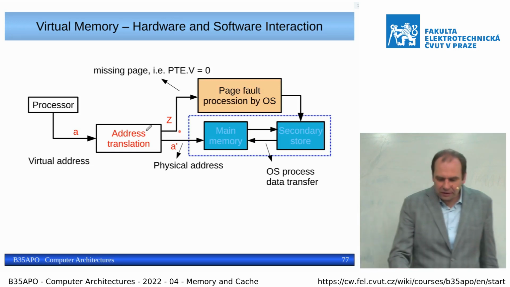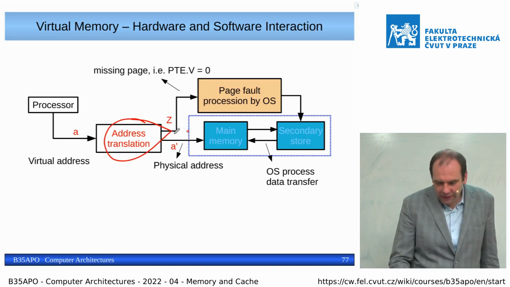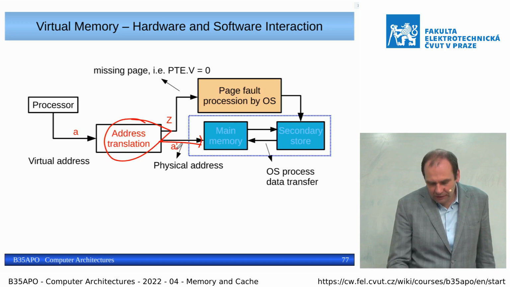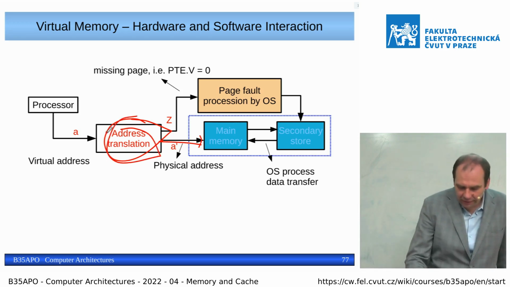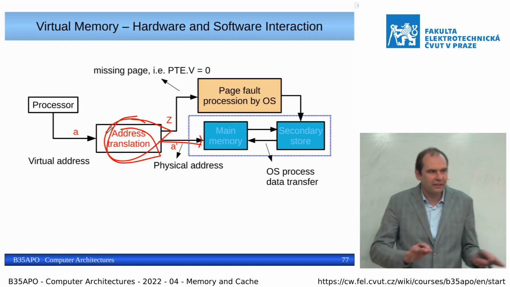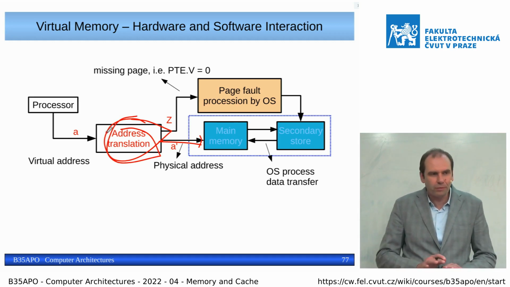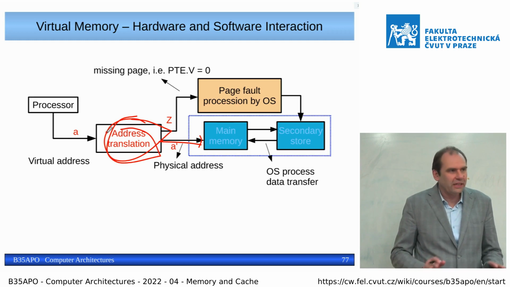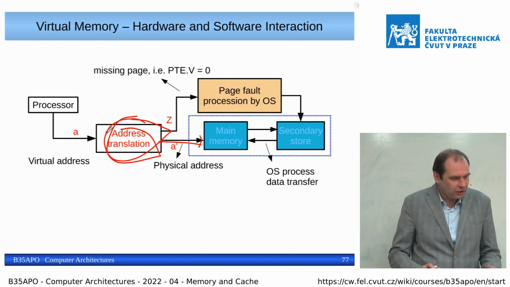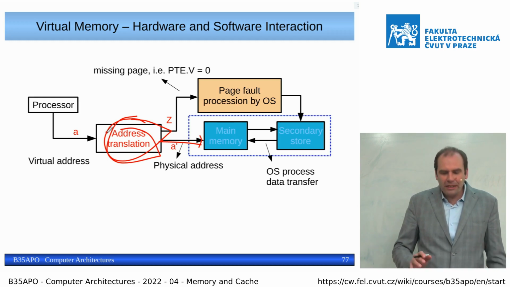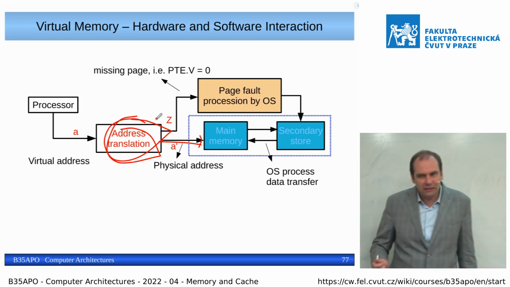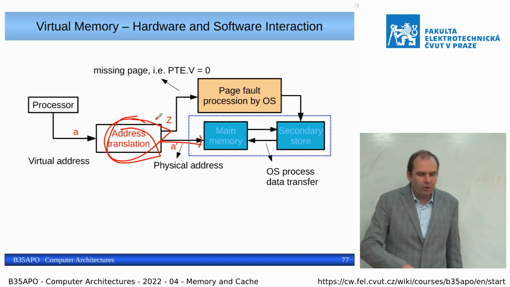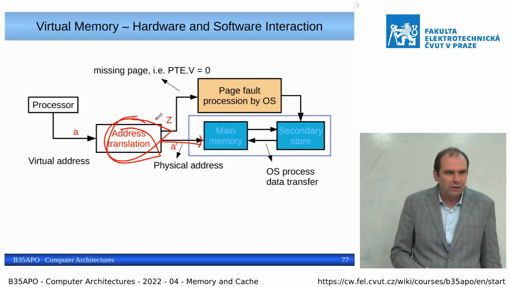And the actual translation, if there is one present for a given page, is done by the hardware. So basically the processor and your program access the addresses, and you do not know that there is some page translation. But at the moment when you access an address which is marked as invalid in the page table,